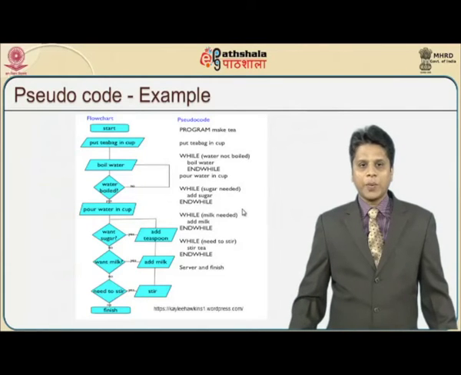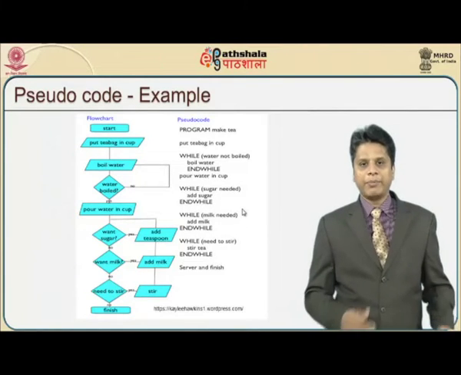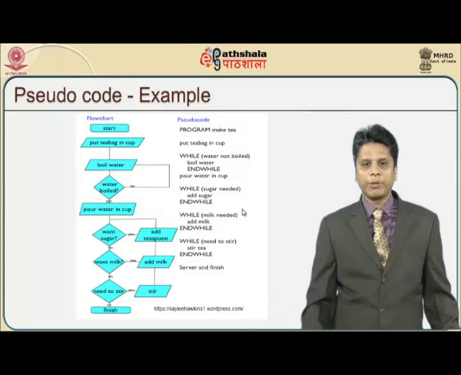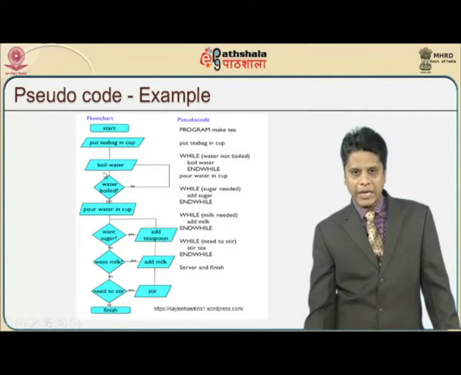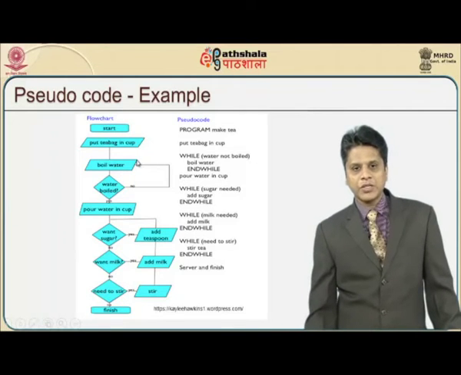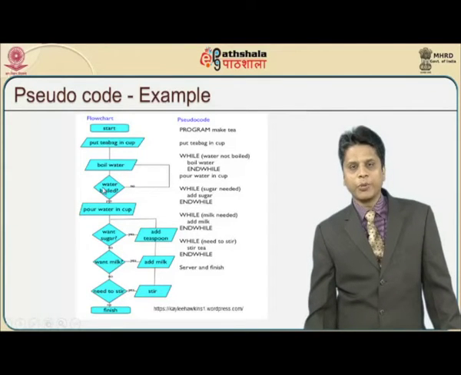So this is how we draw a flow chart, and we have a pseudocode by the side of it. I have a flow chart here wherein I have clearly described in diagrammatical format: start, put tea in bag and cup, boil the water, water becomes boiled, put water in the cup and add sugar to it, you can add milk, need to stir, and then that becomes a coffee. Within that you can have some loopings also.